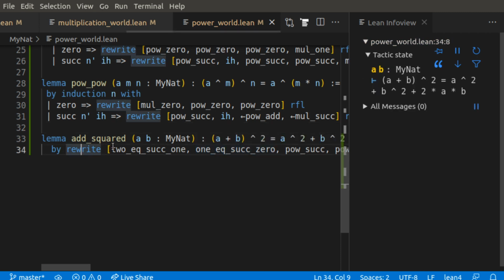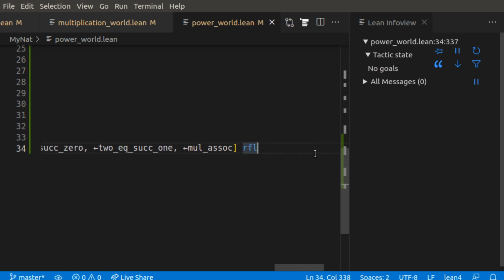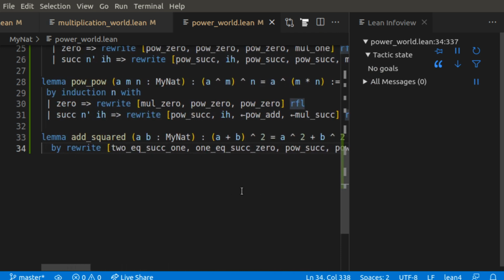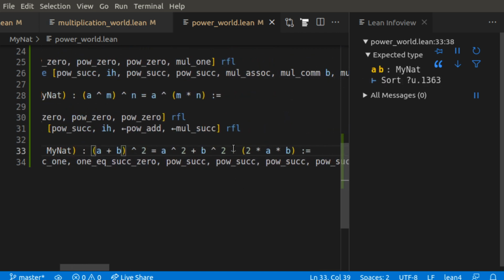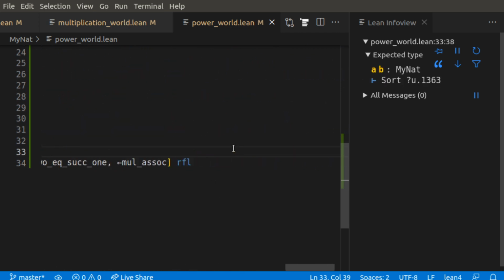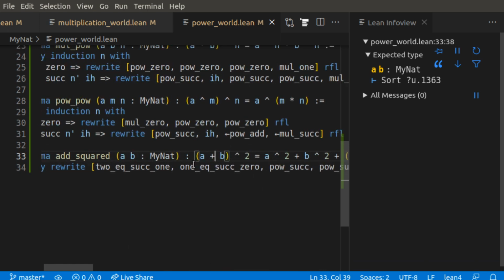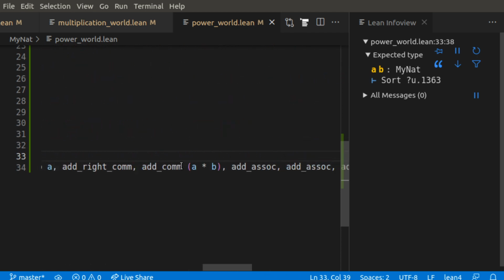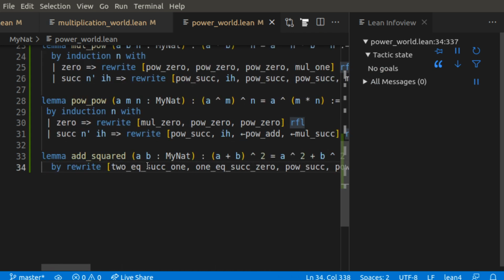Wow, this proof was so long. We're out on column 338. Over 300 characters typed for this one measly proof of a plus b squared equals a squared plus b squared. Well, I'm glad we have higher level tactics like simplify to make hopefully things like this easier, but I guess it was fun to write it out. I don't know if fun's the right word. It was interesting to write it out manually the first time around, but I'm very satisfied with this power world